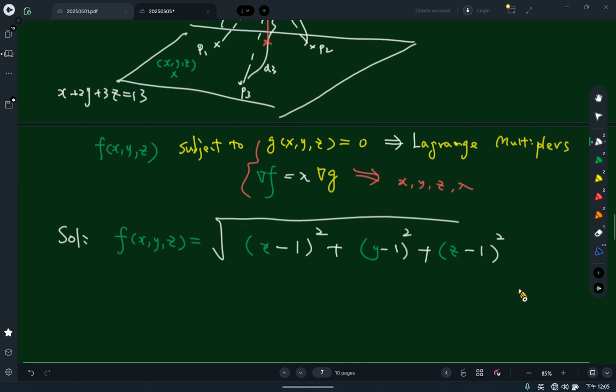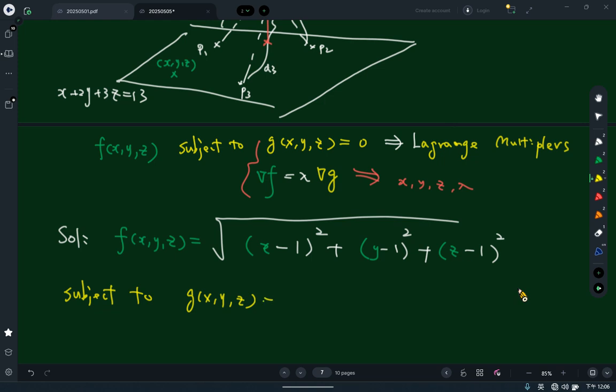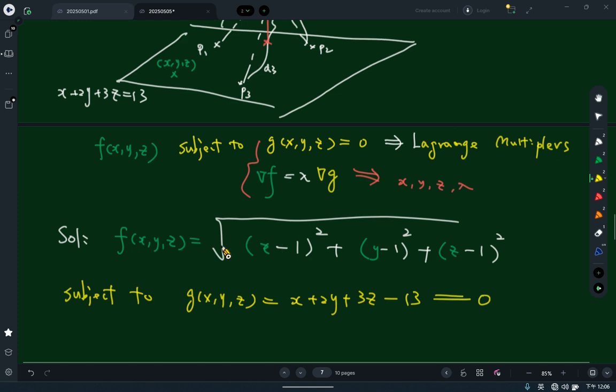Then subject to the constraint g of x, y, z equal to x plus 2y plus 3z minus 13 equal to 0. Because we need to set some constraint, the (x, y, z) must come from the plane, so this is our constraint. 这是我们的限制。xyz 要限制于 x 加 2y 加 3z 减13等于0。